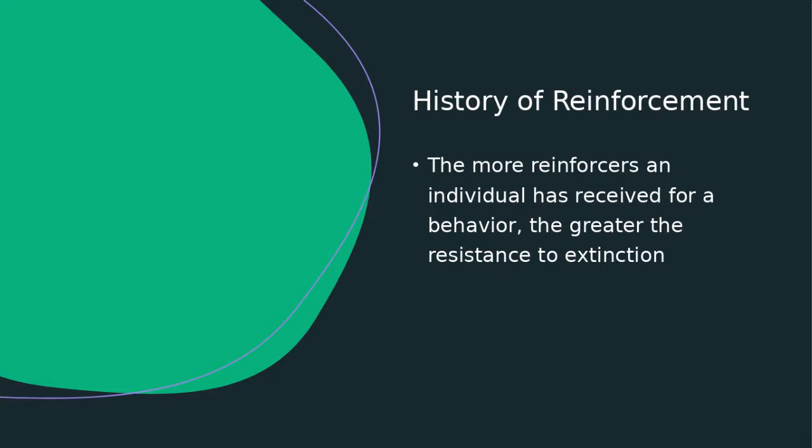The idea is you want to nip certain behaviors in the bud. You don't want people to get used to being reinforced for this behavior, because then if the reinforcer is removed, it will still persist in the behavior because they have so much experience getting reinforced for it. If you remove the reinforcers quickly, early on in the development of the behavior, it will be a lot less resistant to extinction. You can remove the reinforcer and the behavior will quickly decrease, as opposed to if you had a long history of being reinforced for that behavior.